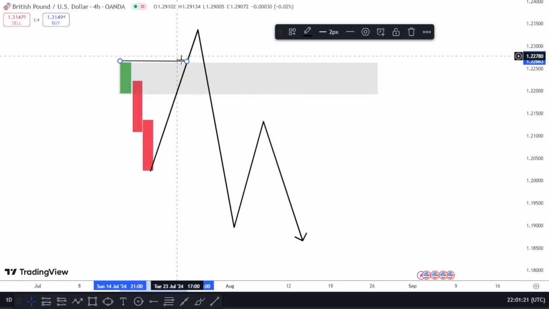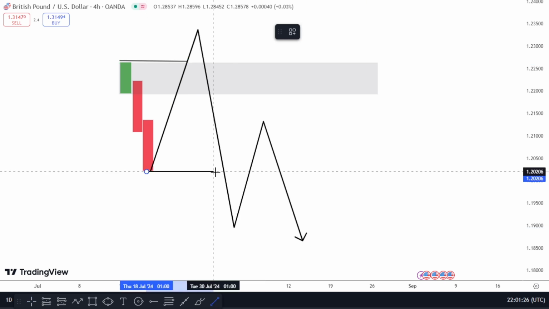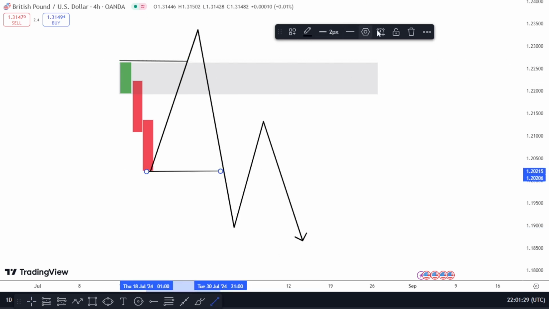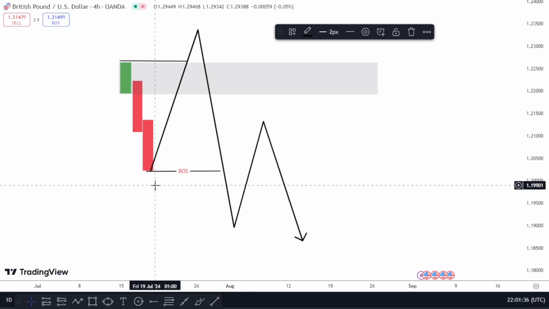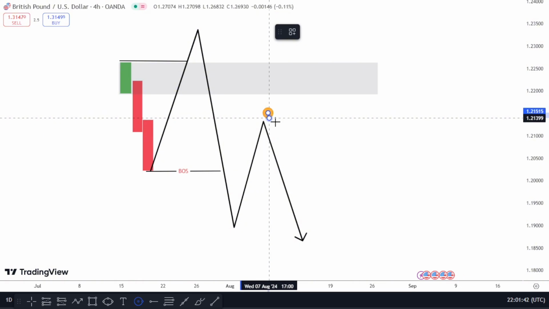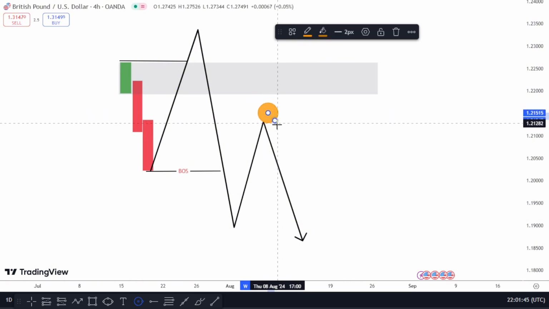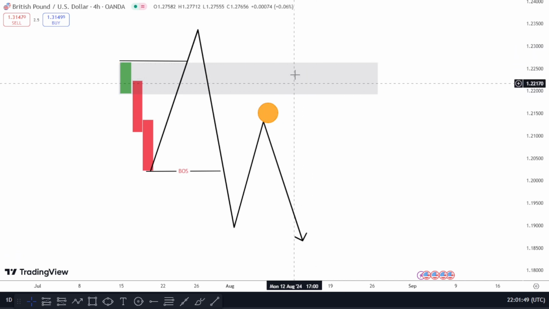We have our sweep of liquidity. Then we now have a break of structure right here. That's our first break of structure. And then we have a pullback. This pullback gives us our structural liquidity, that the market will come and sweep, tap into our POI, and then give us